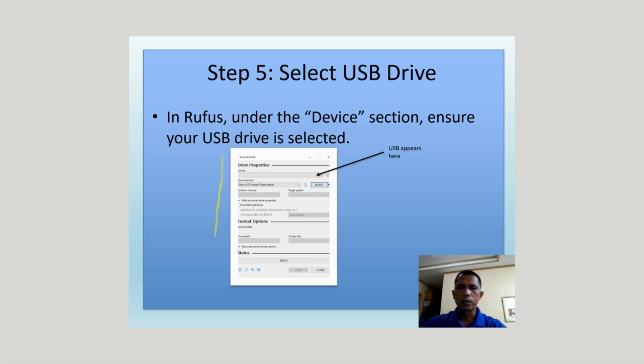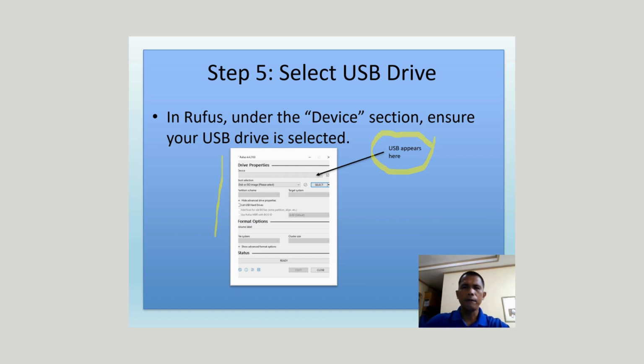In Rufus, under the device section, ensure that the USB drive is selected. You will see the USB appear in the text box of the drive. You will see the brand of your USB here, and the capacity, whether it's 16 GB or 8 GB.